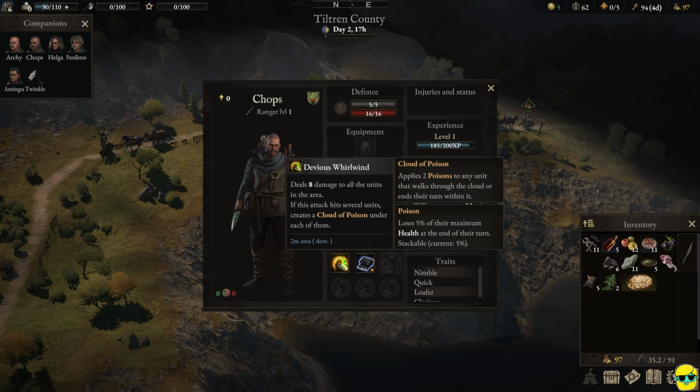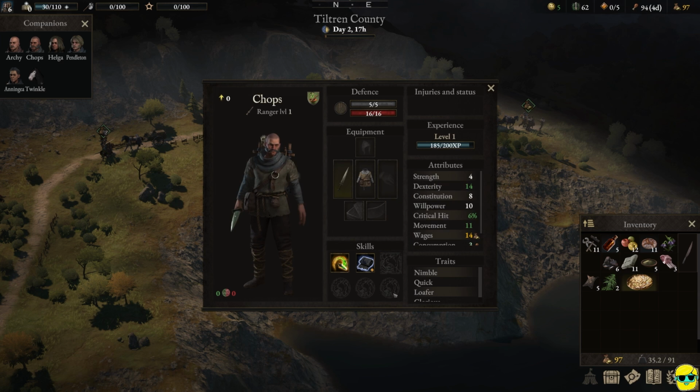Now, this thing does 8 damage to everybody in a circle, and if you hit more than one unit, you create a cloud of poison under them, which is very good, but you have to watch out because if you walk through your own cloud of poison, you will get poisoned. So it's like a hazard on the battlefield that you have to avoid, and we'll talk about that when we